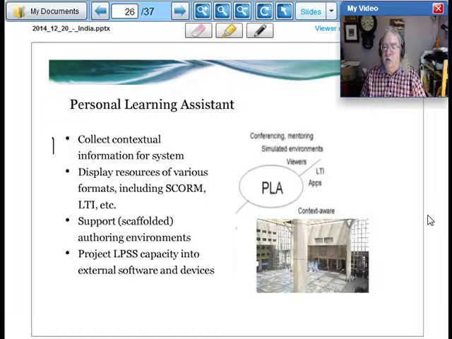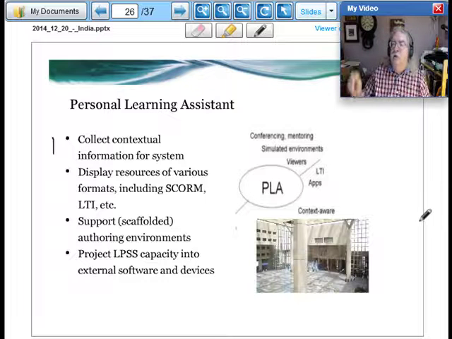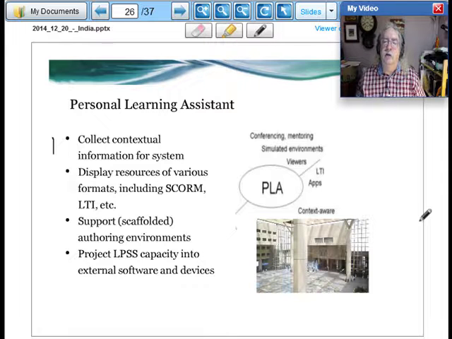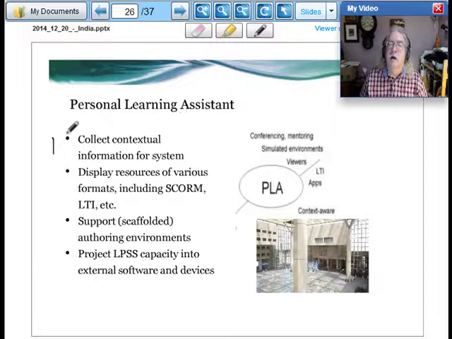If you're in a trigonometry classroom, you need a different set of information. And if you're in a French restaurant, you need a different set of information. So your personal learning assistant needs to be aware of the environment so it can tell LPSS what information it's going to need.